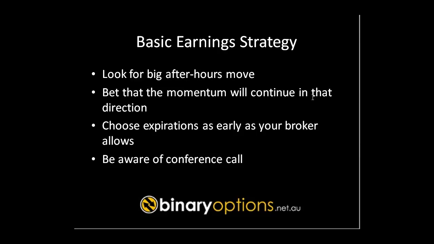So the strategy is pretty simple. If there's a big move in the after hours, between 5 and 10%, depending on the stock, the industry, if it moves 5 to 10% on the news, you want to buy the binary calls right at the open as soon as possible. If the stock was down significantly, you want to buy binary puts. And you want the option to expire as soon as possible after the earnings, because you're really just looking to capture that immediate momentum of the news on the announcement.